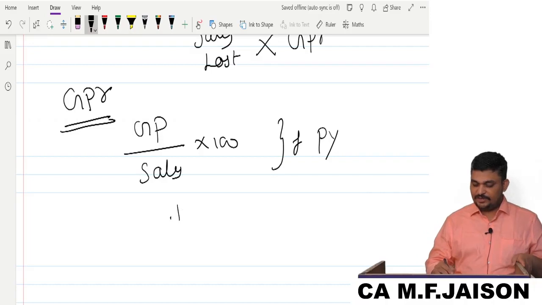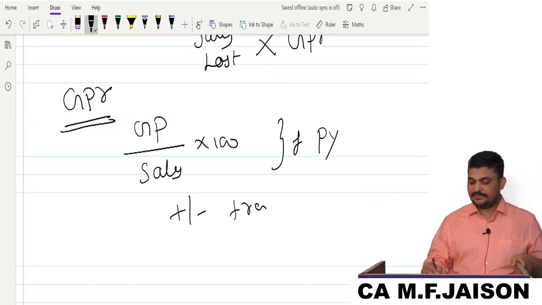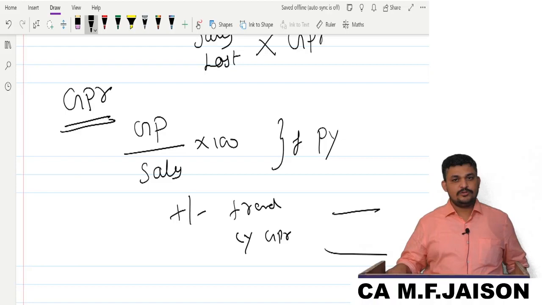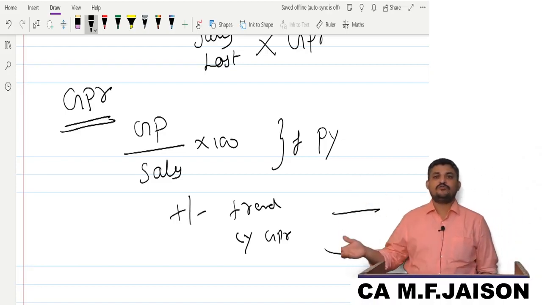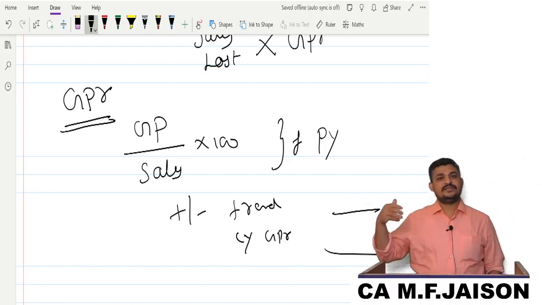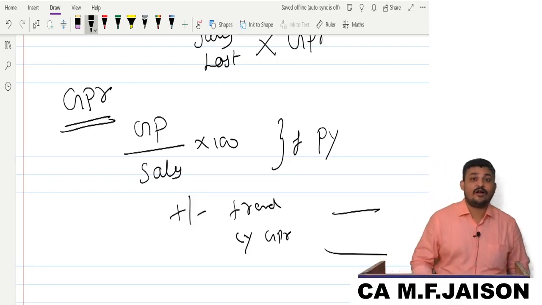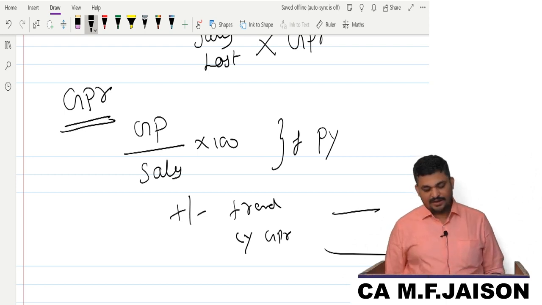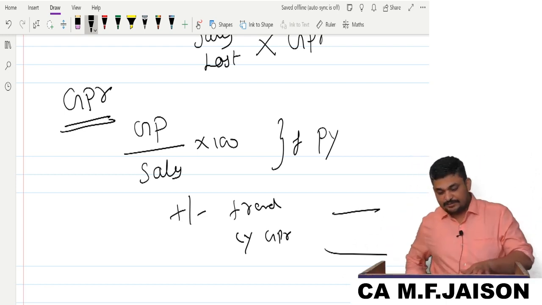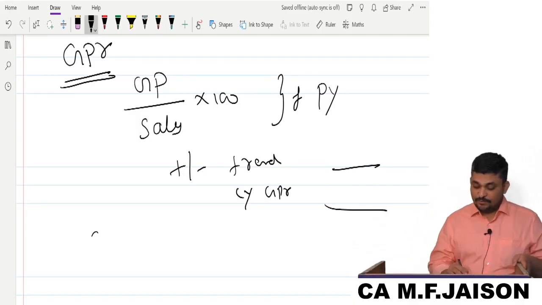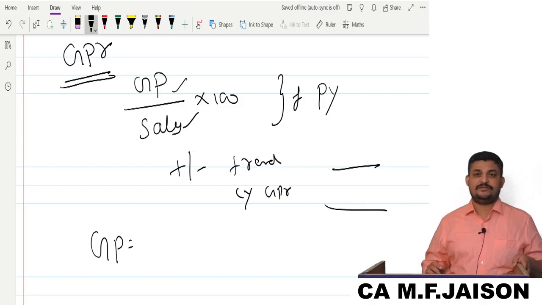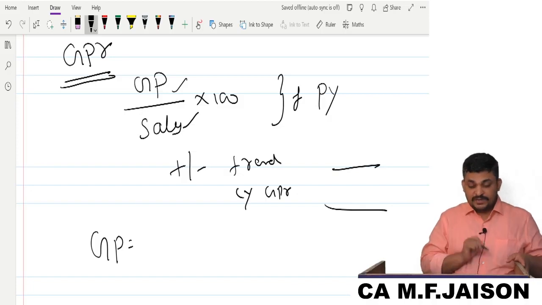But my dear friends, you may have to take the trend here to arrive at the current year GPR. Due to price level changes, you may have to adjust the GPR by say 1%, 3%, 4%, etc. I have already taught you how to convert the GPR of one year in terms of the GPR of the current year, correct? So here accordingly you should be adjusting. Sir, we'll take these two figures of which year, current year or previous year? Previous year.